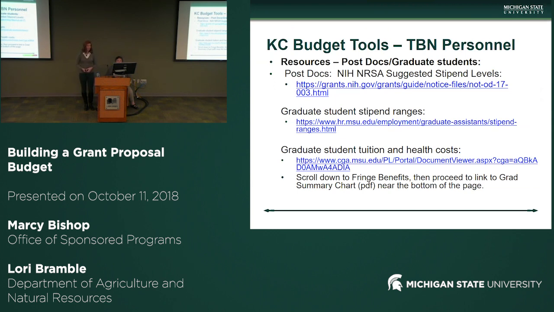One thing on the budget, when we added our grad student, we had their salary and then we had their health or their fringe costs. KC automatically calculates that for you, but the grad student tuition and fees, you have to manually enter those into the other direct cost budget category. And we'll talk about that later on in the presentation, but I wanted to point that out that you're going to have to enter that manually.